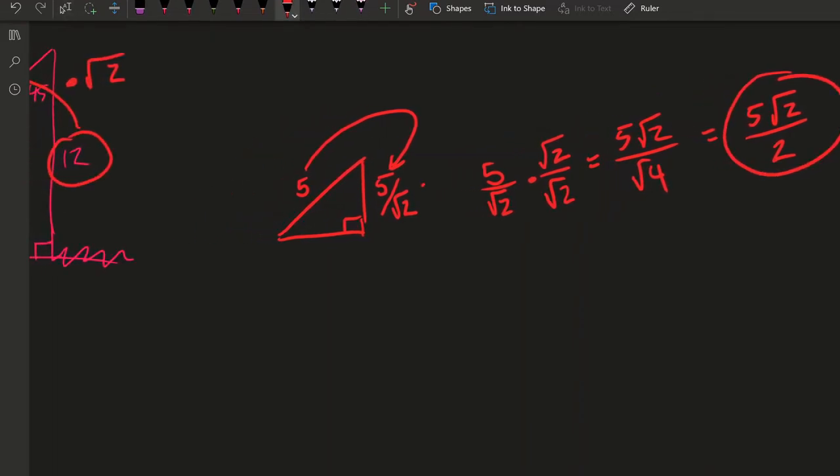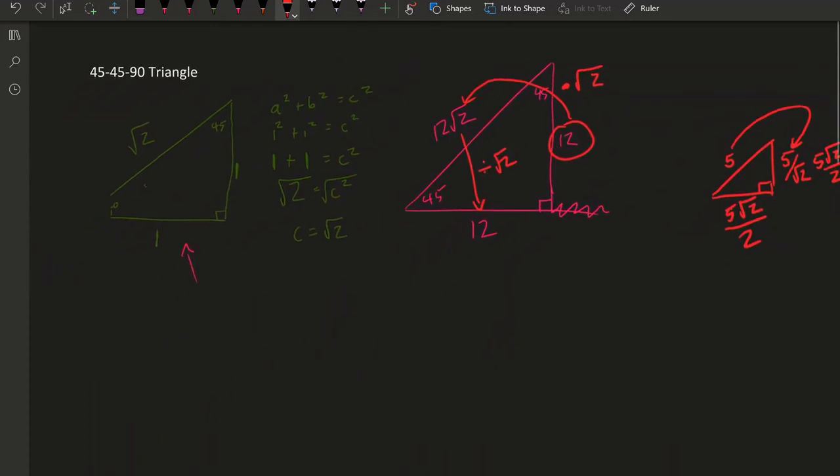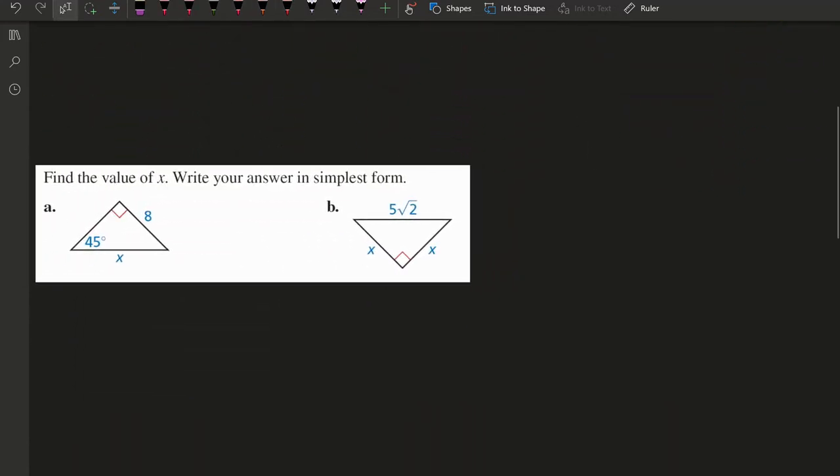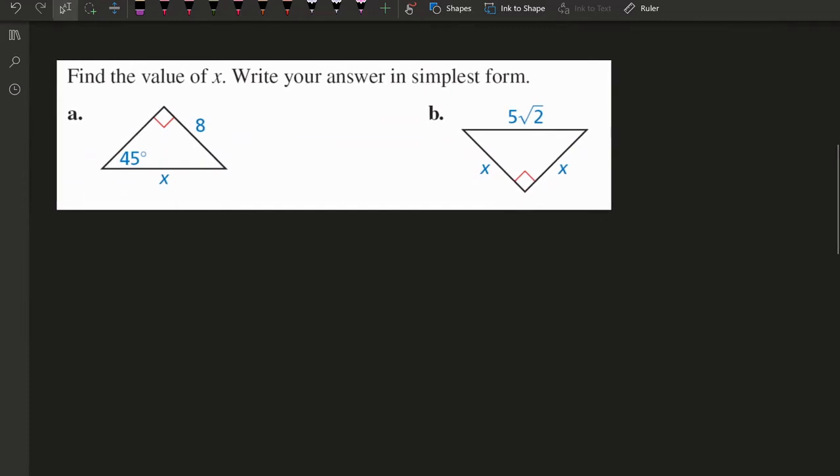So I know that this is 5 square root of 2 over 2, and since these two sides match, this side has to be 5 square root of 2 over 2 as well. So let's do some examples. Oh look, 5 square root of 2. Where have I seen that before? Okay, so